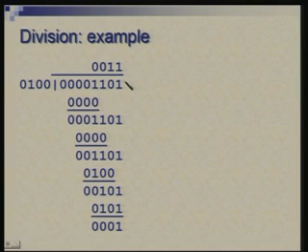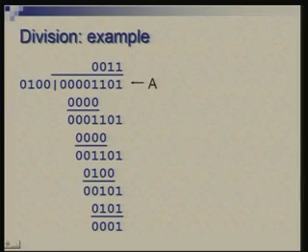So, we carried out these 4 steps. At each step we tried to see if we can subtract or not. If subtraction was possible, subtraction was carried out, and 1 gets recorded in the result. If subtraction is not carried out, a 0 gets recorded in the result. That is a very simple mapping of normal decimal division we are used to in the binary domain. So, we basically require comparison. Before we can subtract, we compare, if necessary we subtract, and we record a 0 or 1, and from step to step we shift the position of the divider. That in a nutshell is the result.